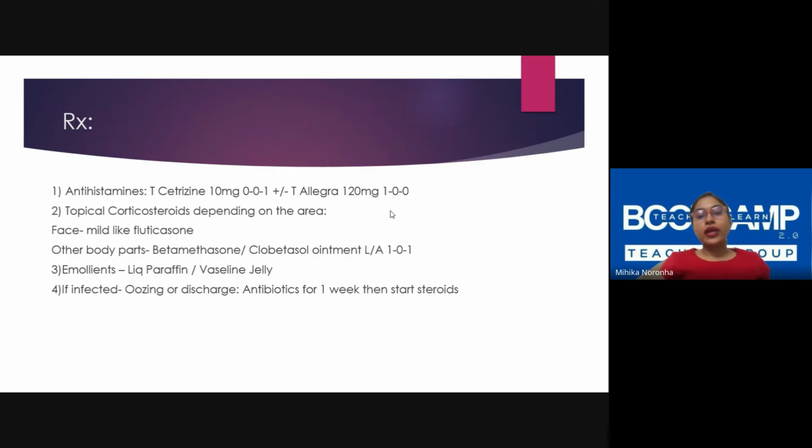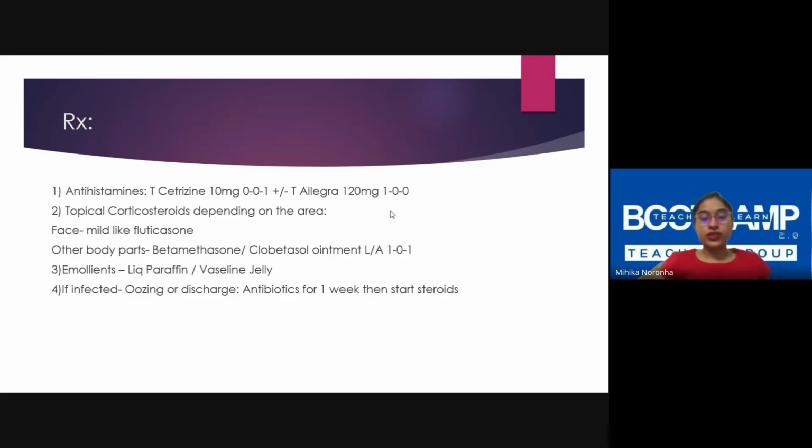The main reason why you have atopic dermatitis or eczema is they have a genetic defect in their skin barrier, which one causes a lot of fluid loss from their body. And second thing, it allows things in the environment to come in contact with their immune system. So establishing a barrier is important. Now, what happens is most people go and apply the moisturizer 20, 30, 40 layers and it does nothing. You have to apply moisturizer on wet skin. So soak the skin, wipe the skin with a wet cloth and apply this.